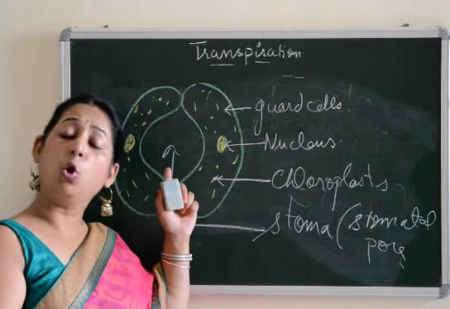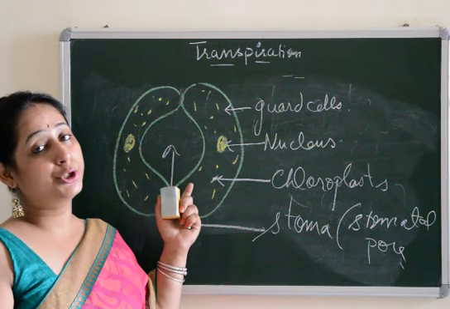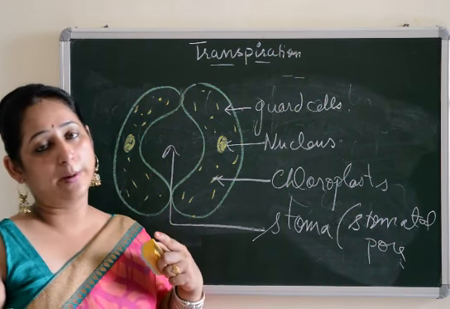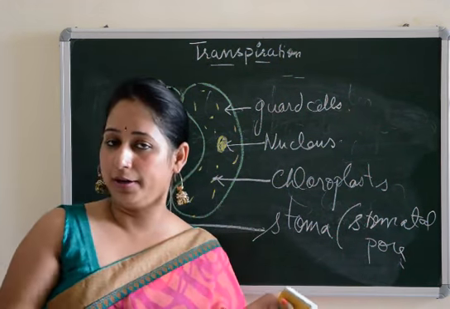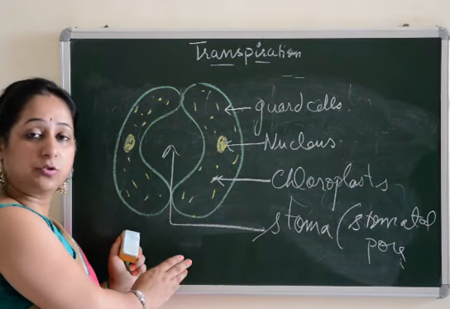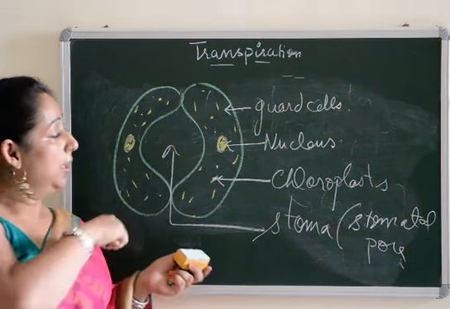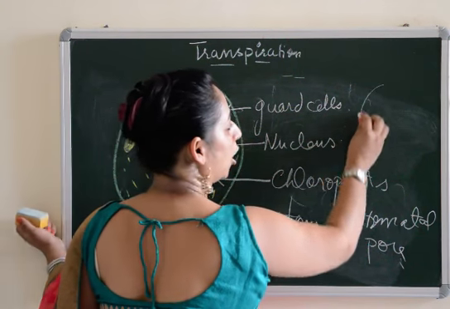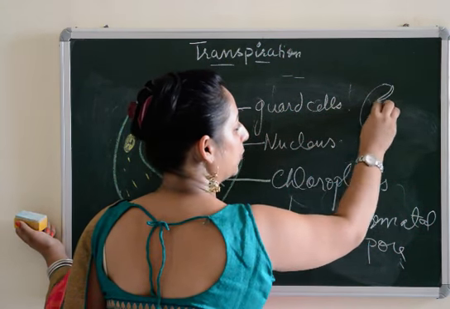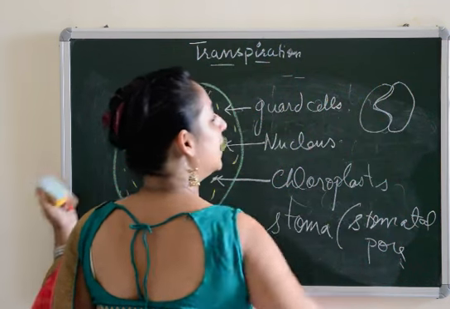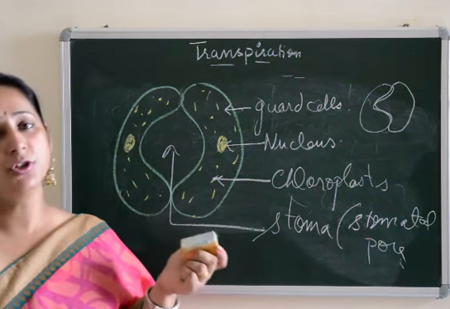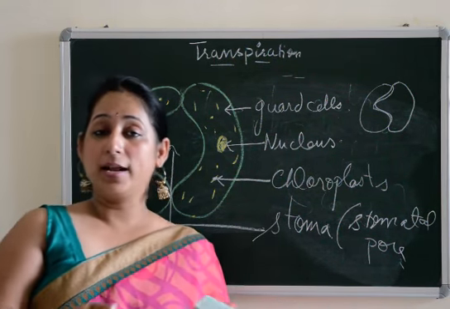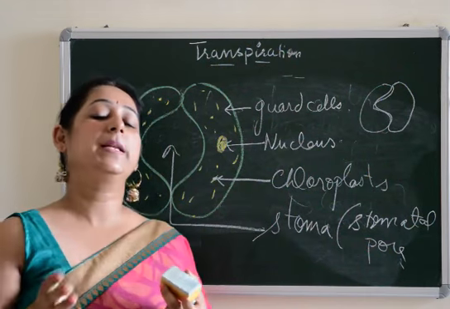This is the opening which is open during day but it is closed during night. There's a whole mechanism of opening and closing of stomata that I'll also take up in one of my videos. But here we'll discuss only the structure. Okay, the structure. This is the open stomata, and if we make a closed stomata, I'll make a small view of a closed stomata also. If we make a closed stomata, it will just look like this. It will not undergo the process of transpiration or the exchange of gases whatsoever. Now, this was about the structure through which transpiration occurs.